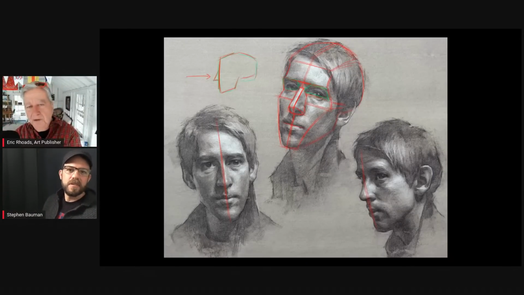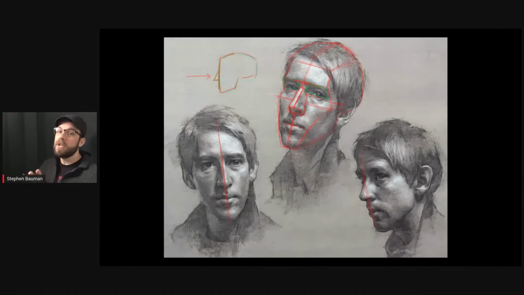What do you do in terms of measurement? One of the most difficult things for me on getting a nose is getting the right angle, getting the right measurement. For sure. It touches on a really interesting topic too, which is basically when you're starting out a drawing,